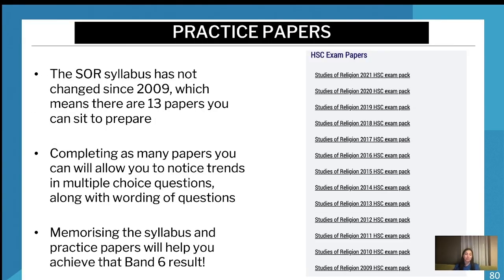My only other real thing to say is that the syllabus, like I said, hasn't changed since 2009. There's even more. On top of this, there's also the 2022 paper you can do. So there's no excuse that you can't find a practice paper. If you're not bothered sitting it, don't sit the full thing yet. Start sitting sections. Just please, for me, guys, just sit one timed practice before you go in.